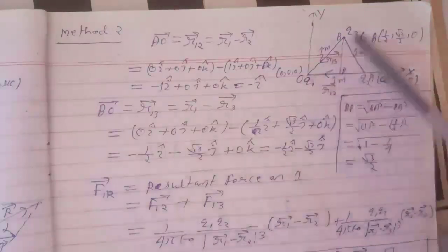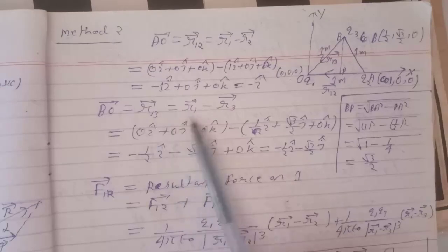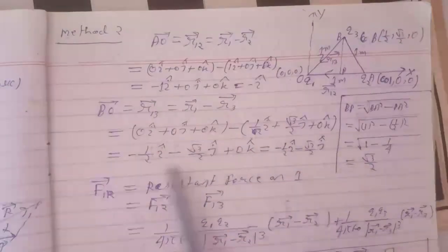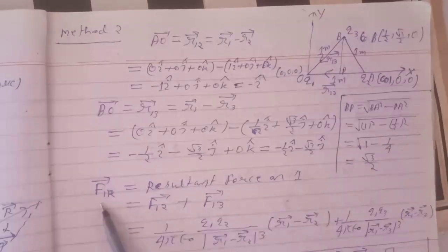Similarly BO vector, this is BO vector, so R13 equals R1 minus R3, we will calculate like this: minus 1 by 2 i cap minus root 3 by 2 j cap. Hence F1R, that is resultant force on 1,